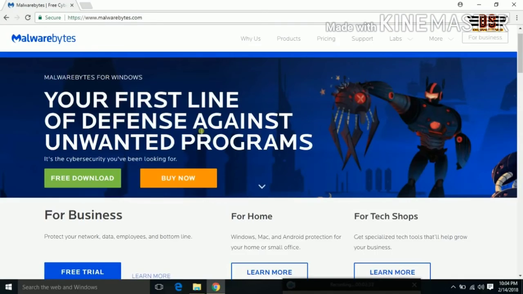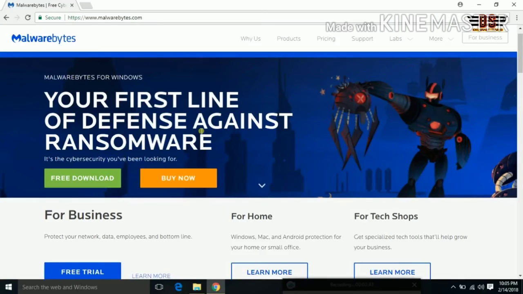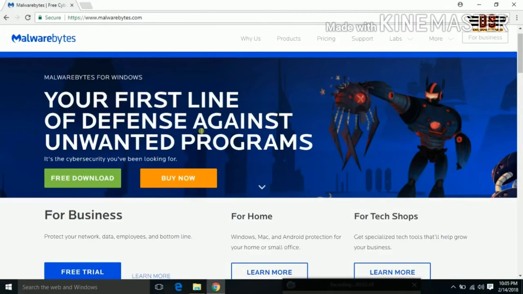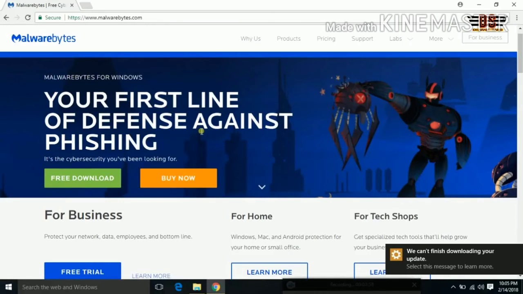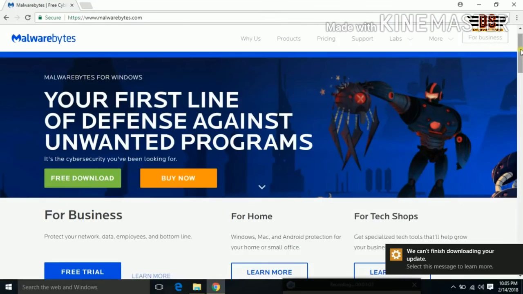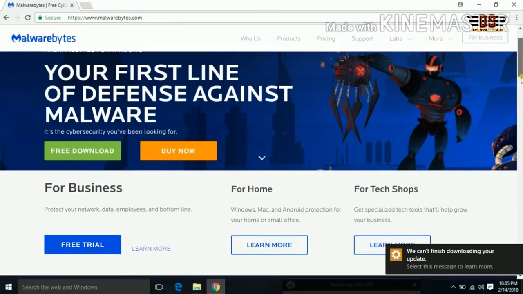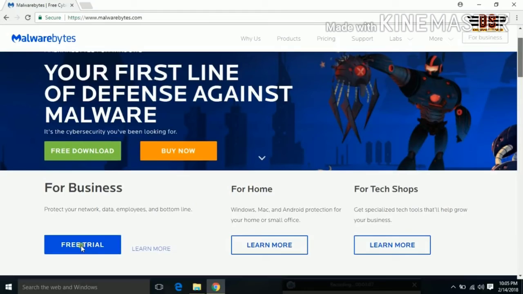If I go for the free download, it gives a 15-day license. Within that you can clean your computer by opening this software, right? It shows how many kinds of viruses there are which we have to clean: unwanted programs, malware, everything is there, right?